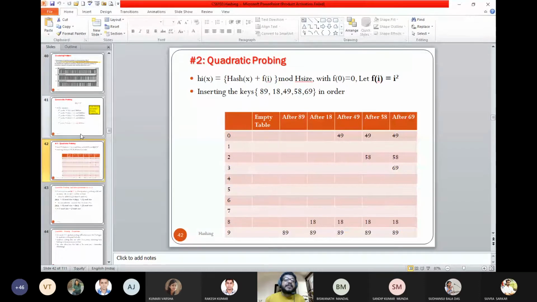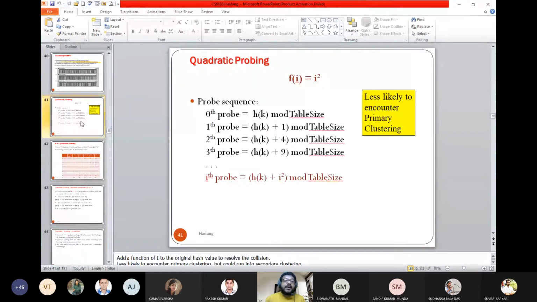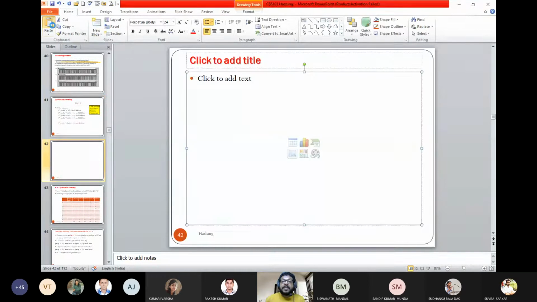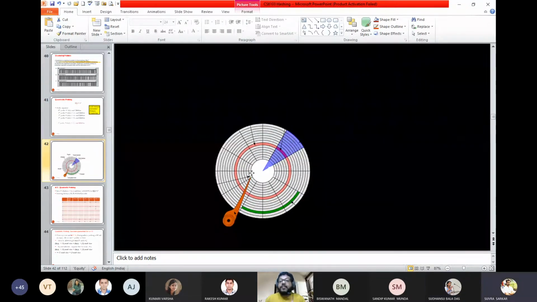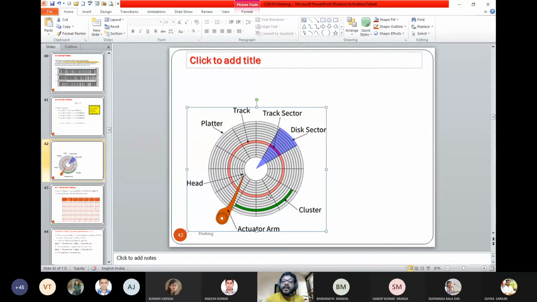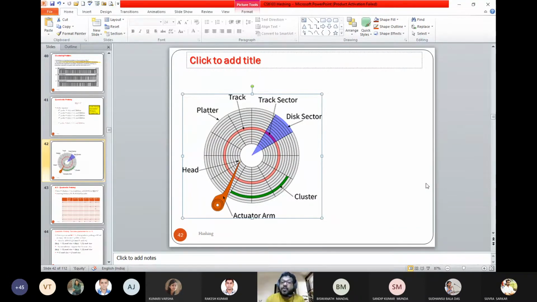Okay, it's very simple. I'm pasting a figure. Please have a look into that. A hard disk has a number of platters. Is it visible to you? Yes, sir. This is one platter. In the case of a hard disk, we have a number of platters, and there are two surfaces where we can read and write. So it is a stack of disks connected to a single spindle, and we have the concept that all the concentric circles fall into one unit.